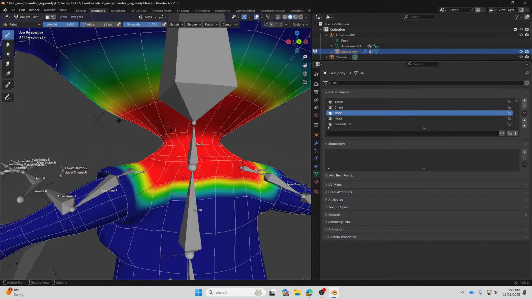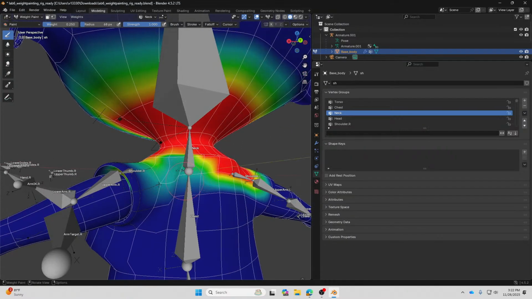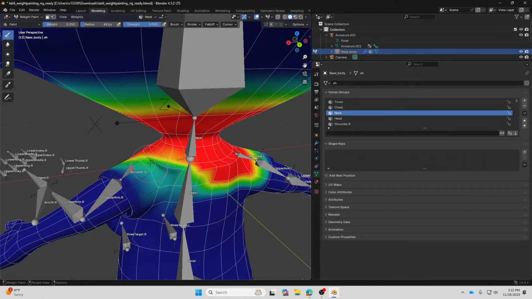So what does it mean? It means that these vertices over here are going to be more influenced by the neck, and as a result, they stay solid when the shoulder moves. So the way we can reduce it, we can reduce this value over here, 0.5 for example, and then we paint on this, and you see one by one, it's going to restore the shape of the shoulder.